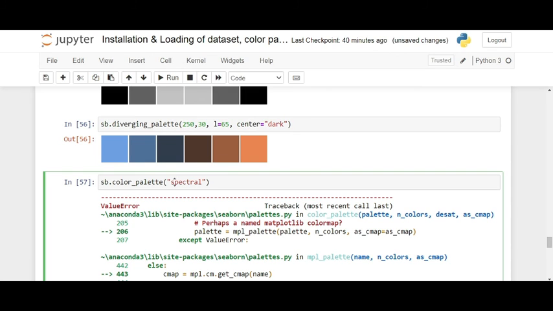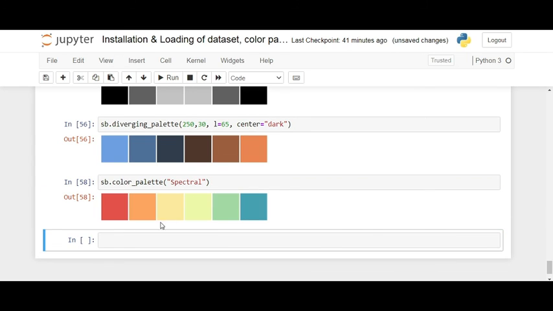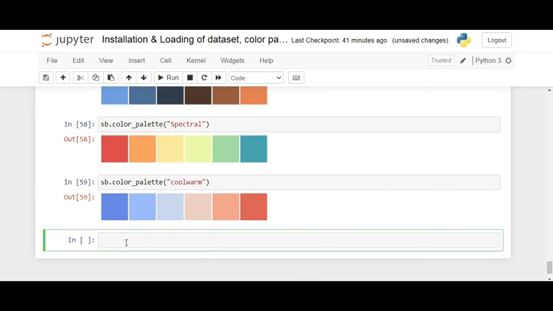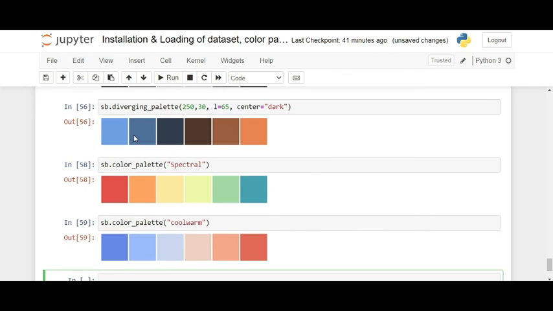I forgot to use a capital S here. And the next one is color. You can use cool warm and tint. Now you can observe the difference between those.